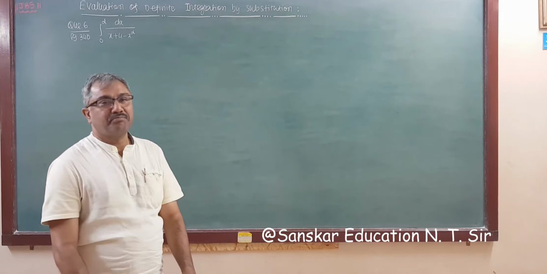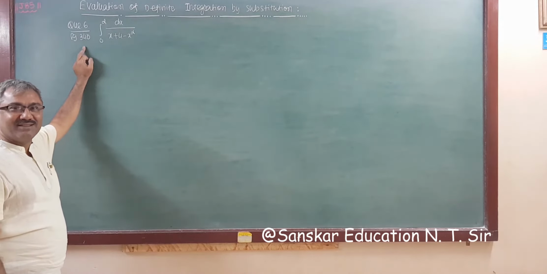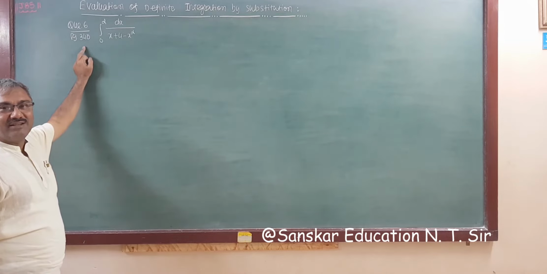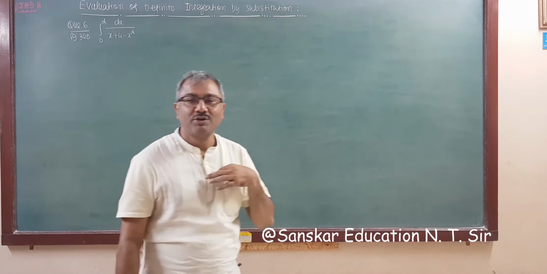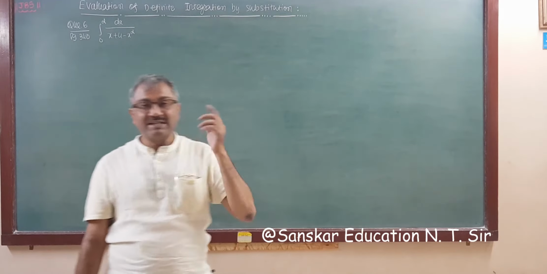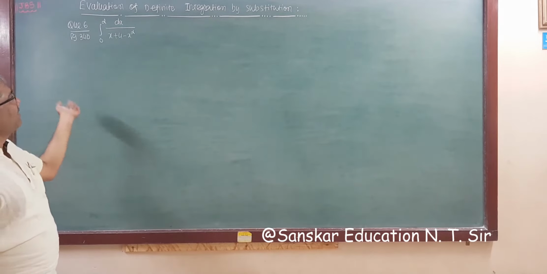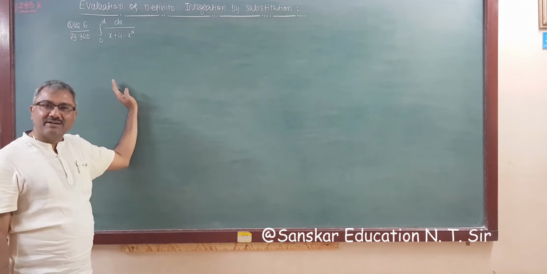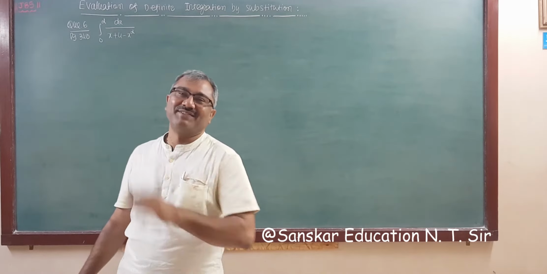Question number 6, page 340. This sum will make you sweat while solving it, right? Because in definite integration this is the longest sum, I think, for simplification. If this were indefinite integration, you would get the answer within 3-4 steps. In definite integration also we get the answer in 3-4 steps, but then we have to simplify, and that takes